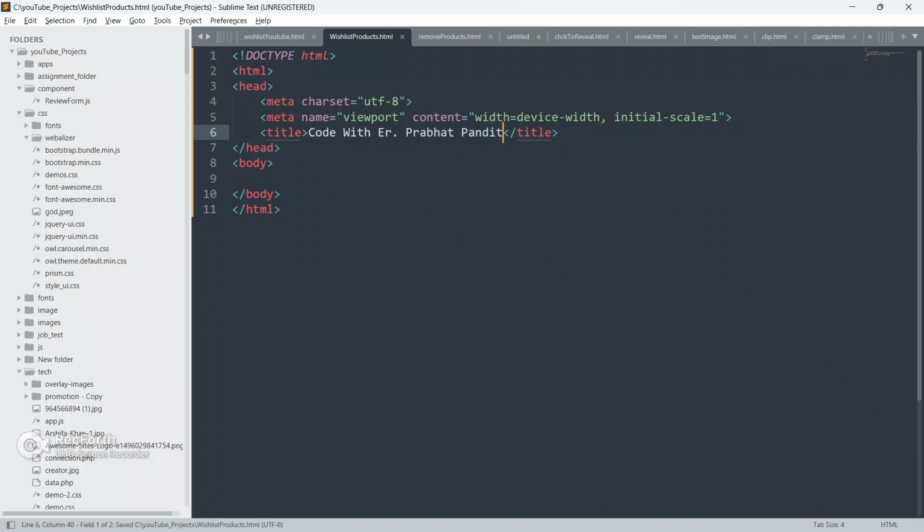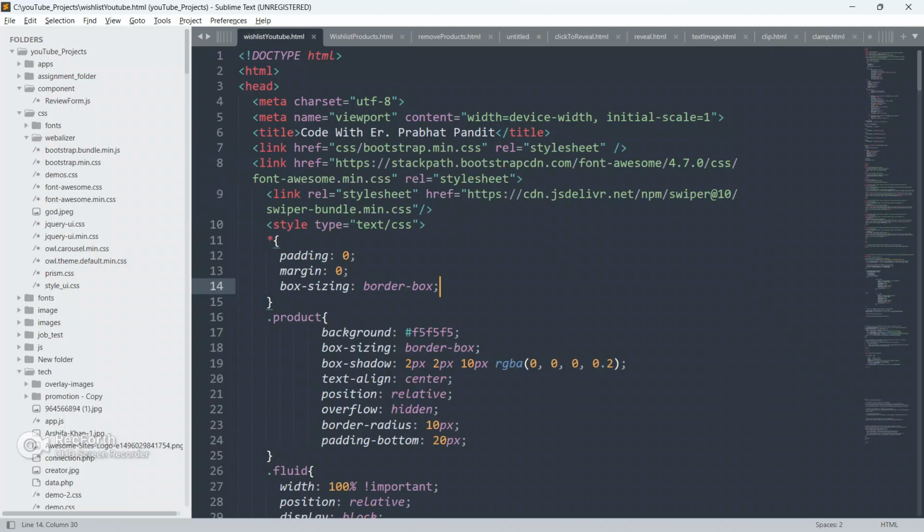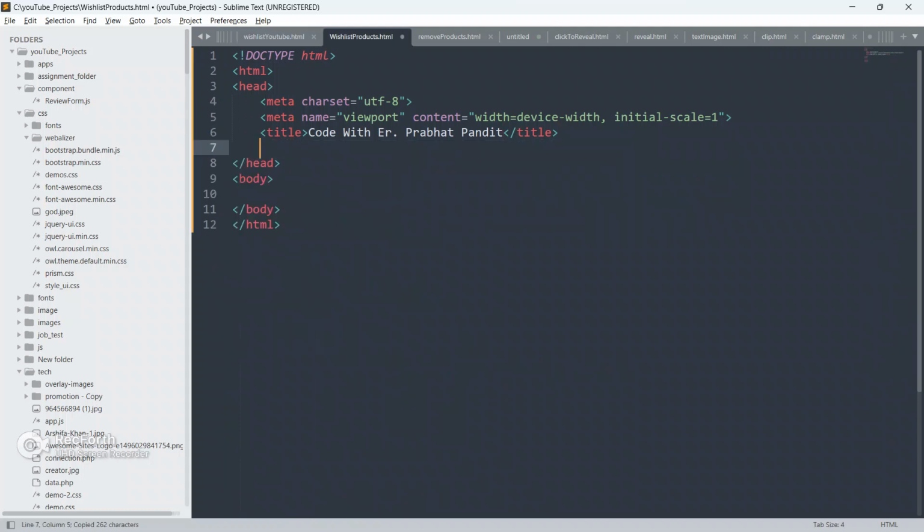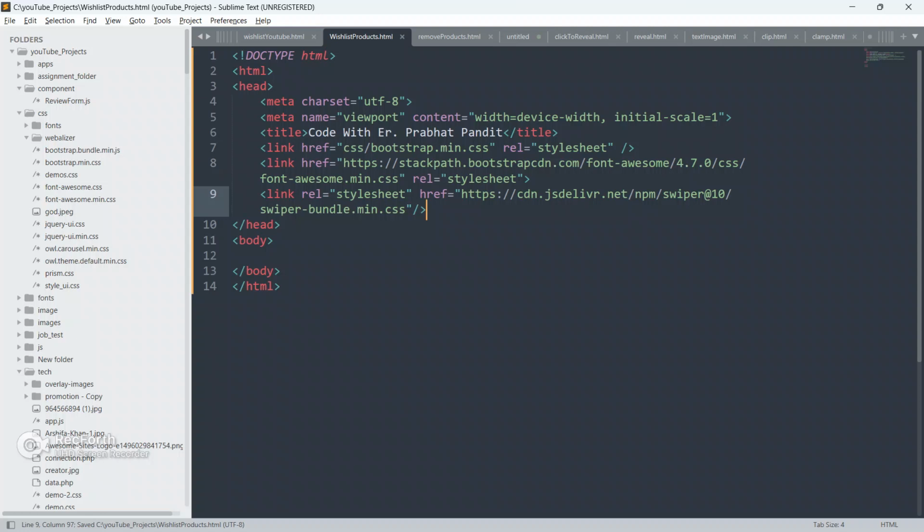So now first of all guys, I am gonna paste some of the CDN links from the previous example only. So I'm gonna go to the previous example and copy these CDN links from here and paste it here. I will explain all these CDN links.